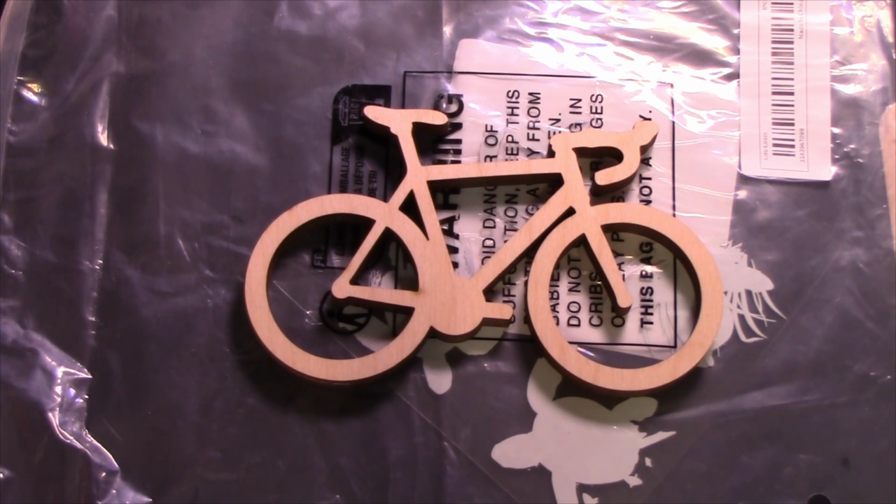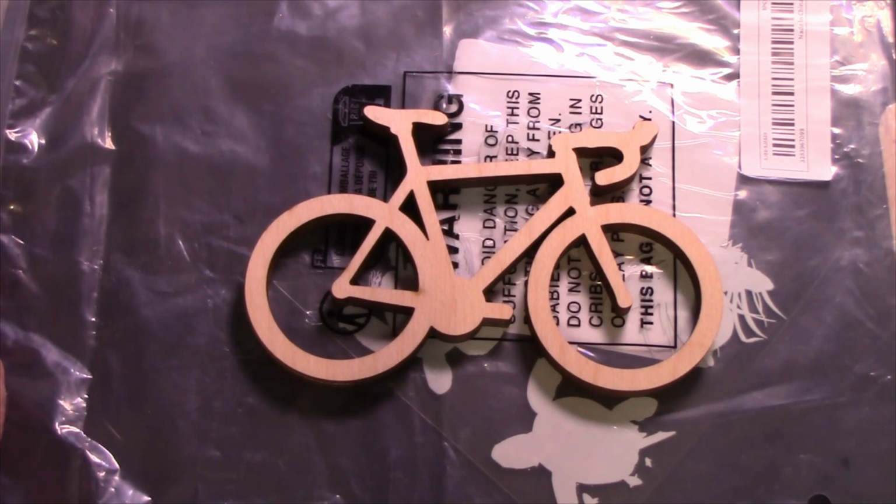A lot of them look cheesy or don't look like the real thing. This looks very similar to the bike that I use, so I want to coat it, otherwise it'll have little wood grainy things in it, and that's not what I want. Well, I'm saying I'm going to coat it, and then,